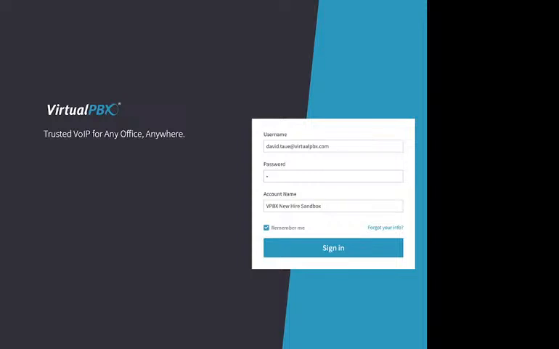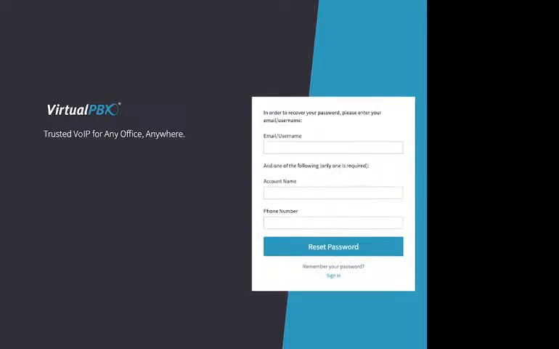Now, if for some reason you can't sign in, just above that sign in bar on the right hand side here, we have a forgot your info link. You can click on that. You need to fill out this form. So first, we need your email address again. And then we need one of these 2 following pieces of information, so either the account name or a phone number on the account. That's one of your customer-facing phone numbers. So fill out this form, click on reset password,